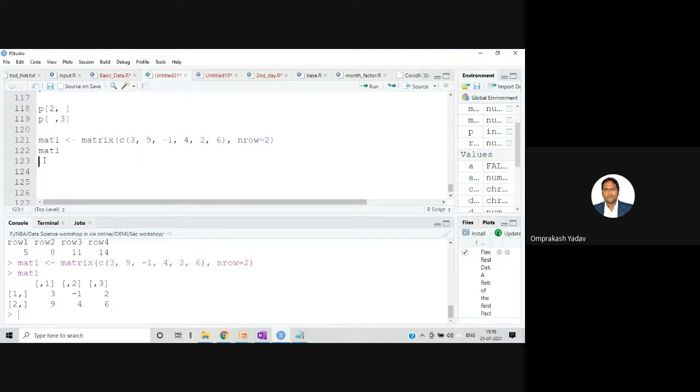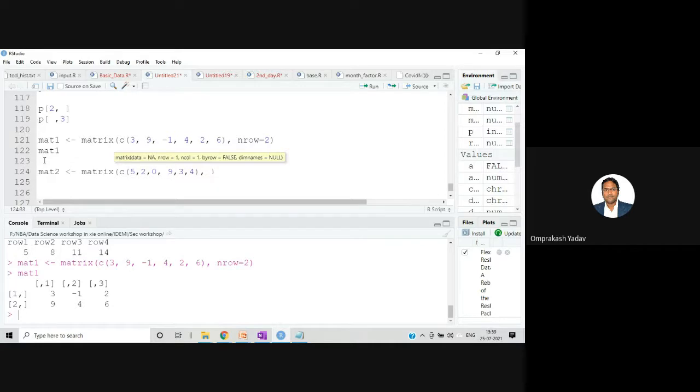Okay, let's take the next matrix. Two matrices are required, so I'll take the second matrix. Here I'll give the numbers 5, 2, 0, let's say 9, 3, 4.